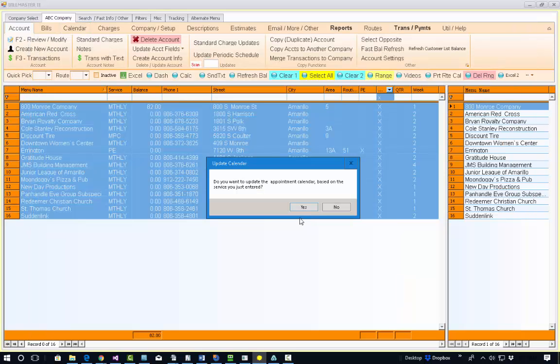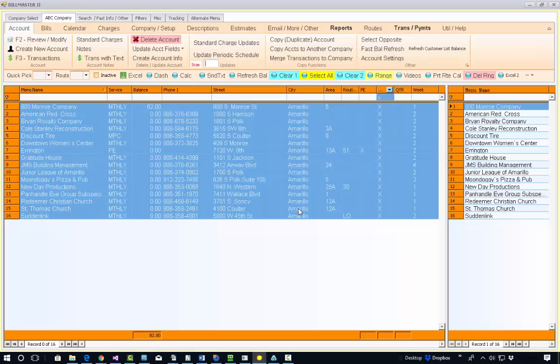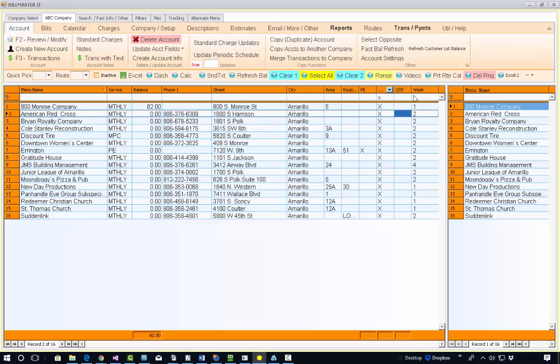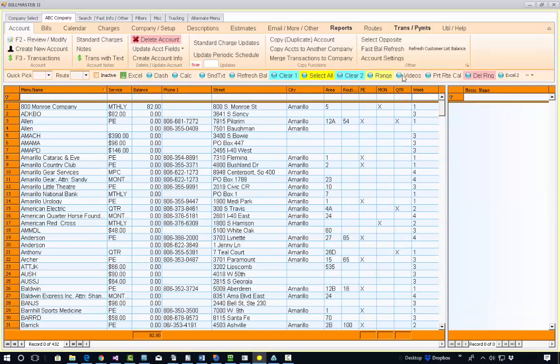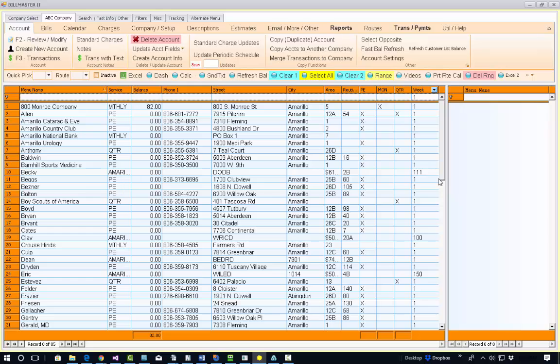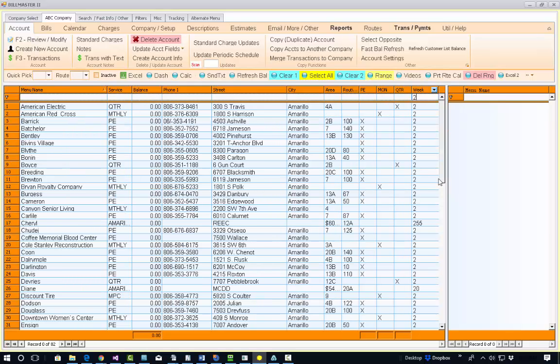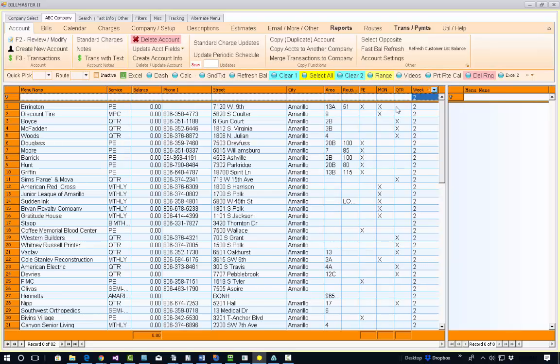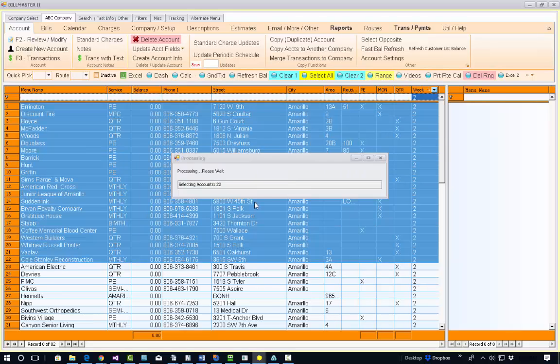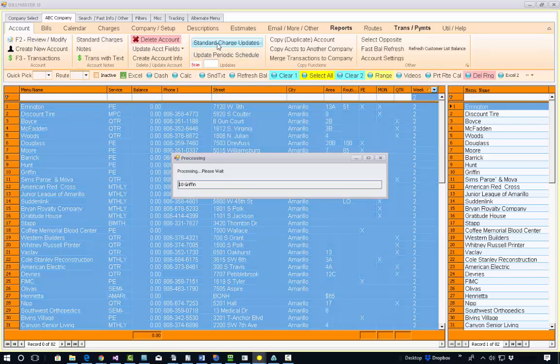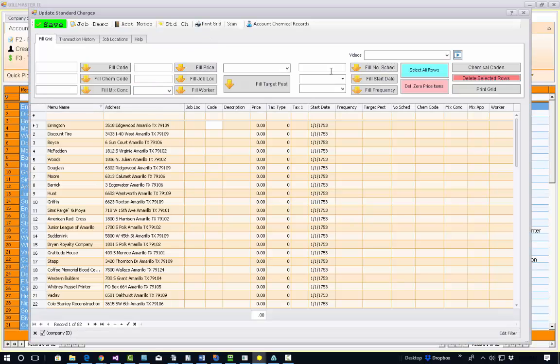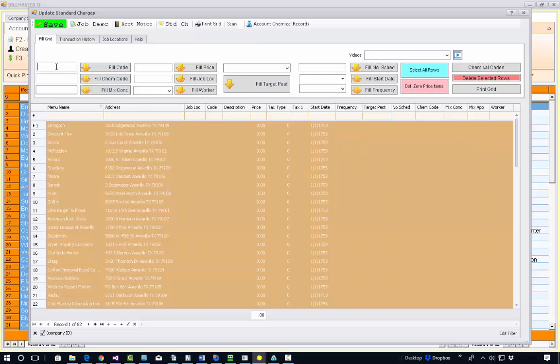So watch, I'll hit save. It says, do you want to update the calendar based on what you just entered? Yes. And see, it says week number 1. So I could have picked week number 1 or week number 2. And then all the people that had week number 2, I could hit the range button and move them over to the right. Again, go to standard charge updates, hit select all rows, fill in the code of monthly,